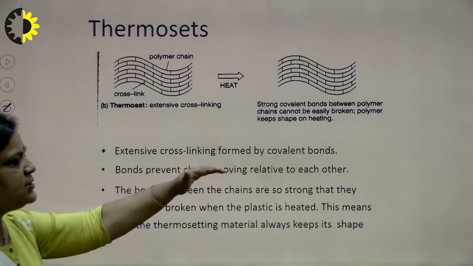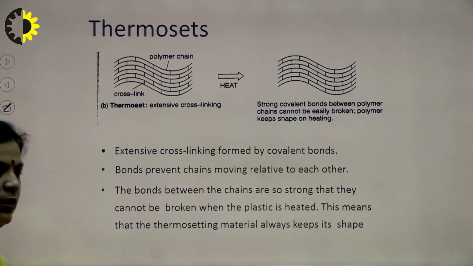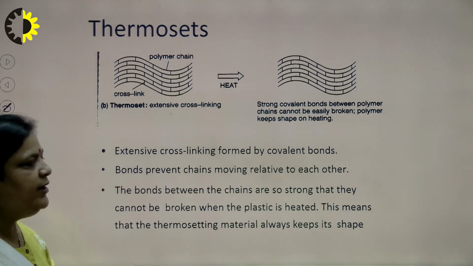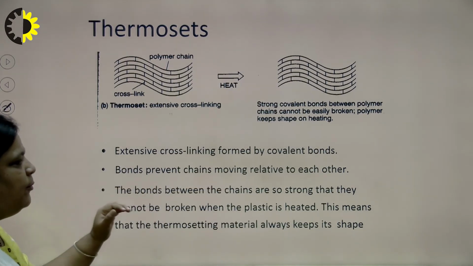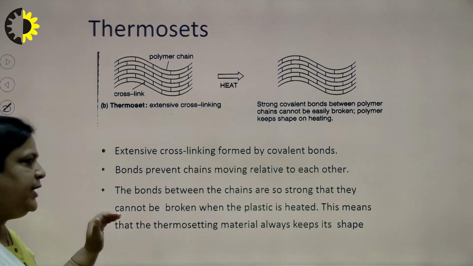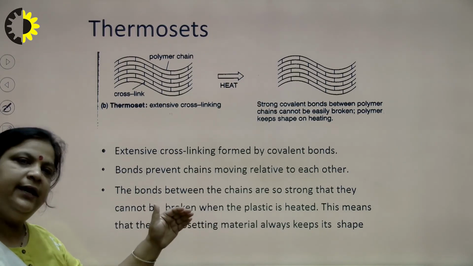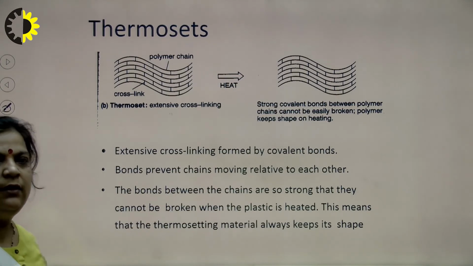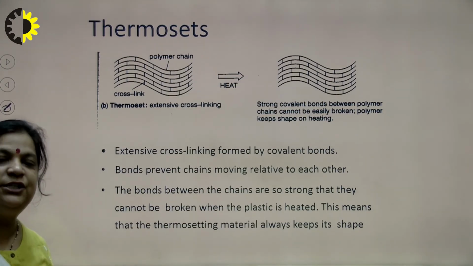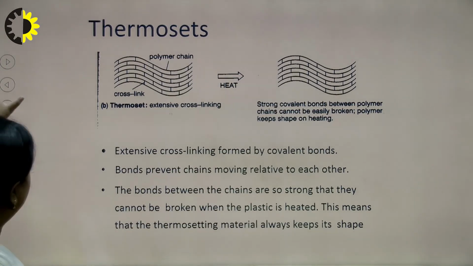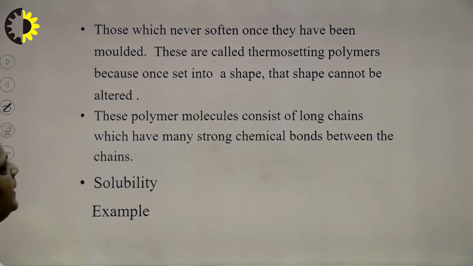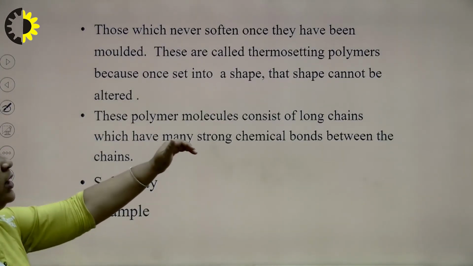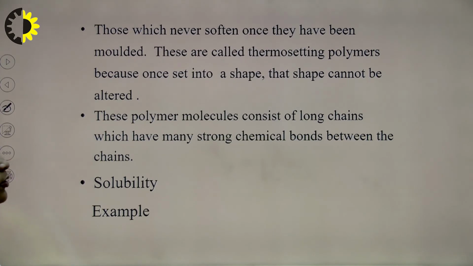So, extensive cross linking formed by the covalent bond prevents chains moving relative to each other, and the bonds between the chains are so strong that they cannot be broken when it is heated. That means the thermosetting material can't be reshaped or recycled. And these polymer molecules consist of long chains, which is this. Now, if